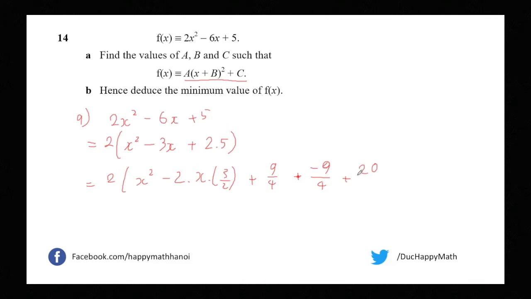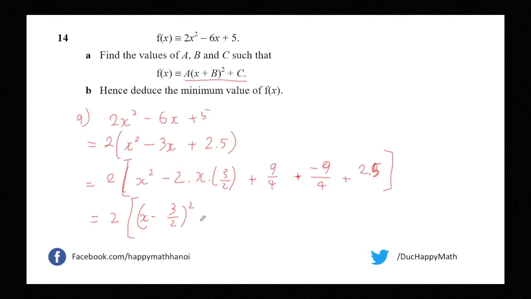Okay, so this is the value 2.5. And the first 3 terms we get x minus 3 over 2 square,